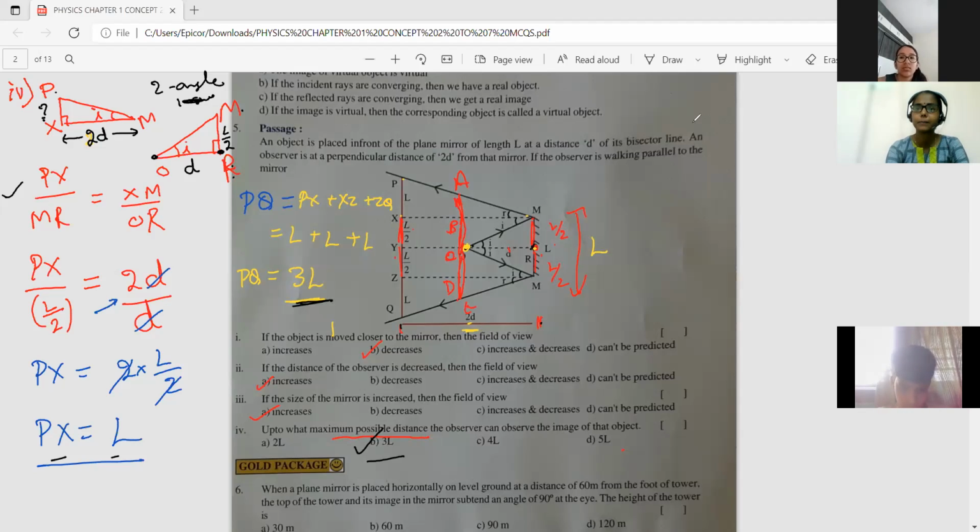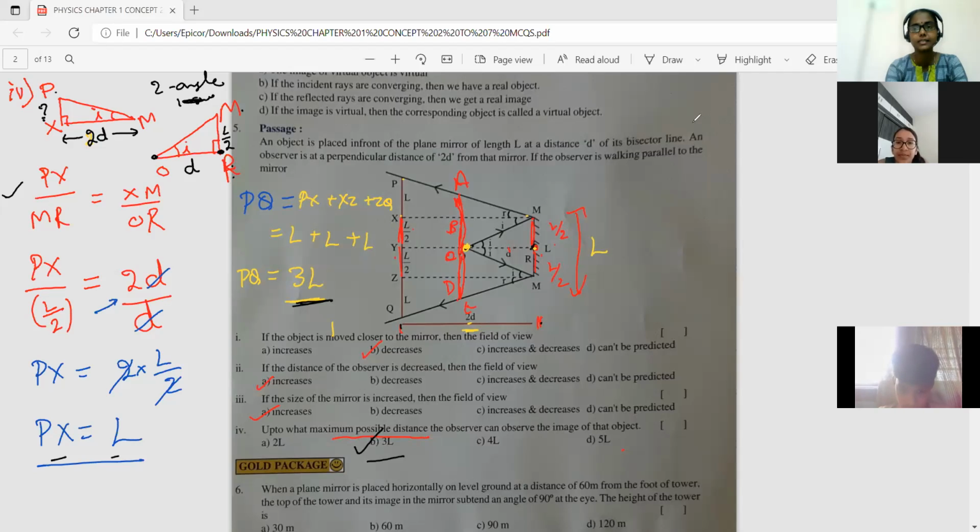Yes, Mahi. Ma'am, we have considered these triangles. We can consider any triangle from the given diagram. Right? Yeah, any triangle you can consider, but the only thing is that you observe the maths rules you know very well, the ASA postulate. If you know, you can apply whatever you want. Like I considered a right-angled triangle, or else I could consider other postulates also. Whatever you are good at in maths, you can do. This is only the basics, just proving that this distance will be L, that's all.